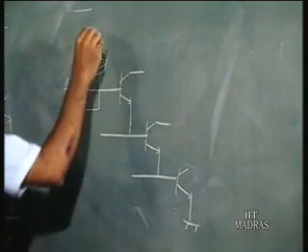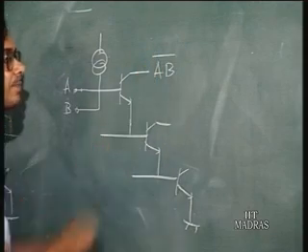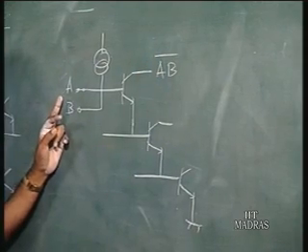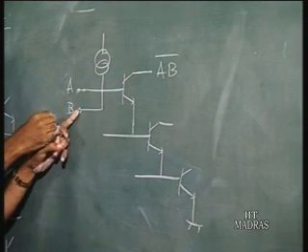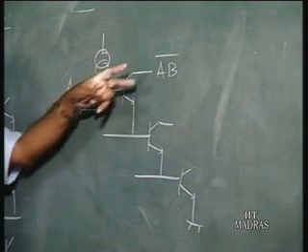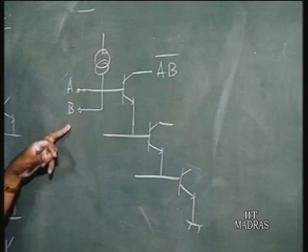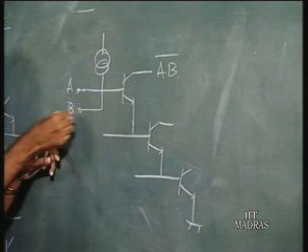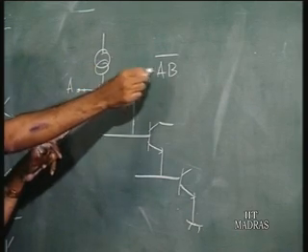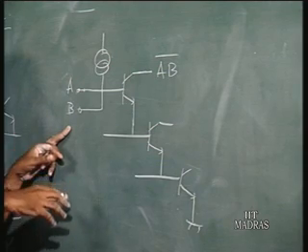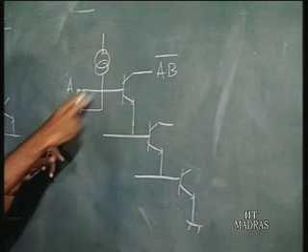So, what is the logic here? It is a NAND logic, because it is at the collector. This is the output at the collector of some transistor. So, this is the NAND logic, that is, if any of these inputs go low, if A or B goes low, this current is going to flow this way, the transistor is going to cut off, and the output is going to be high. So, NAND is, if any input is low, output is high, that is the logic in a NAND gate. So, this is AB bar.